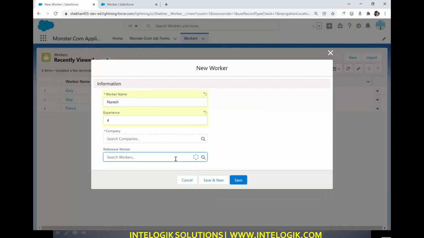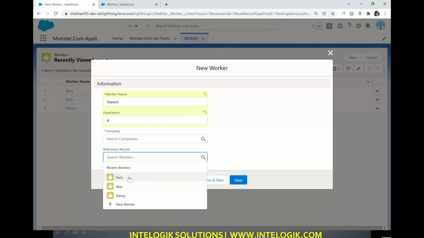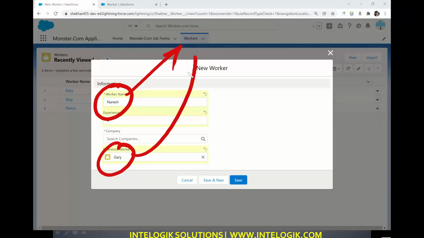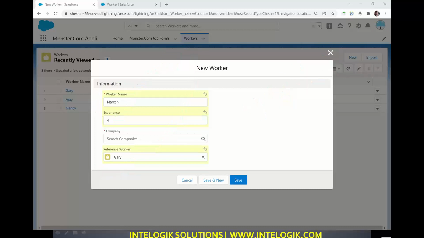Now I'm going to select the reference worker here. I'm selecting Gary. So please note Naresh is part of the worker object, and Gary is also part of the worker object. One object, two records connecting with each other, and especially the object is not user. This is a self relationship. Please note this one.